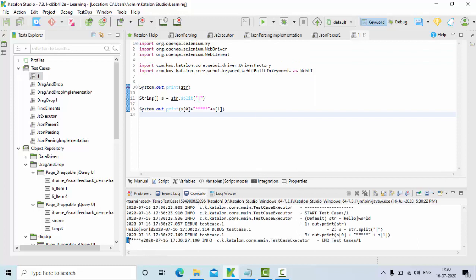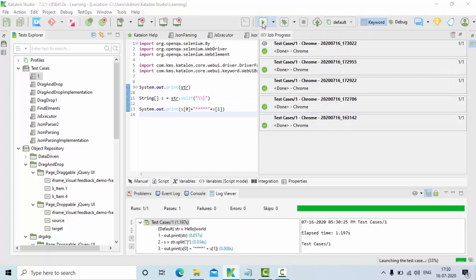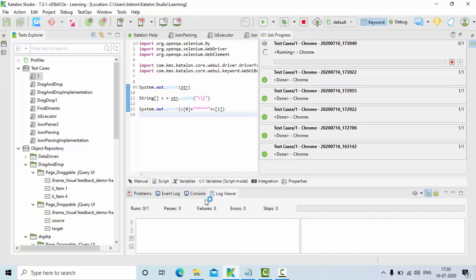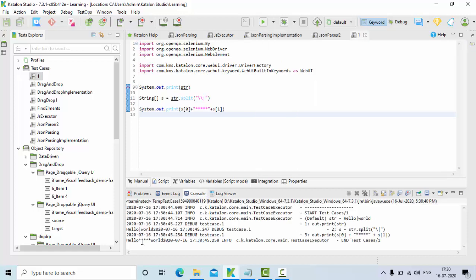Now you can see it is not split as we thought. So in this case, just put two backslashes in the beginning, and then execute this. Now you can see in the output it got split correctly, hello and world.